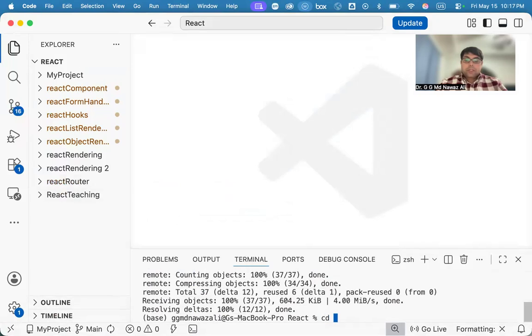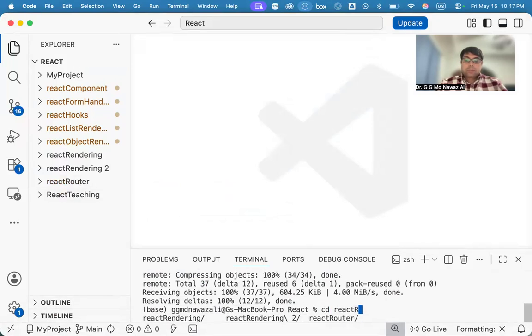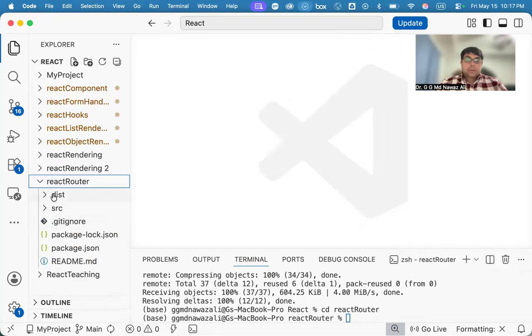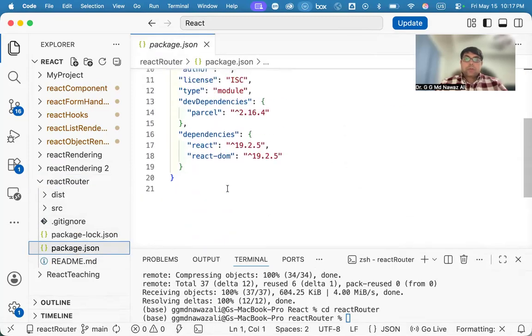So let's go inside, cd React router, and if you expand this, we have some dependencies here. We also need one more dependency, which is React router DOM. So let's install whatever dependencies we have here. You write npm install,